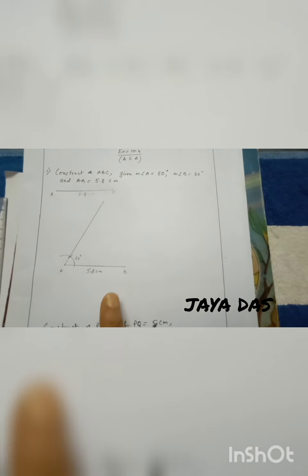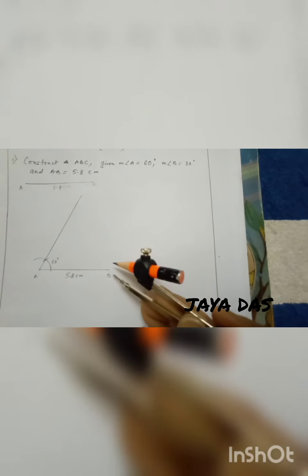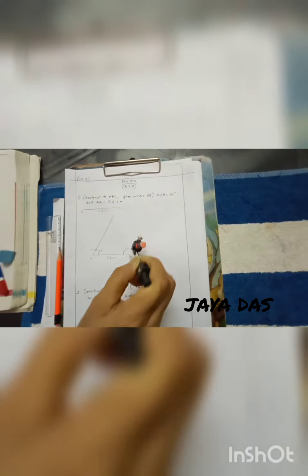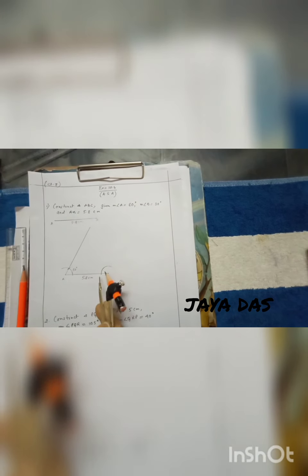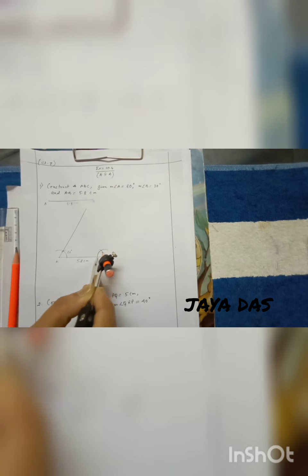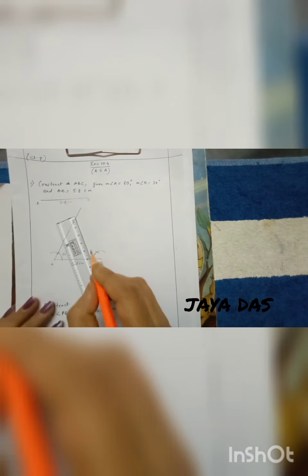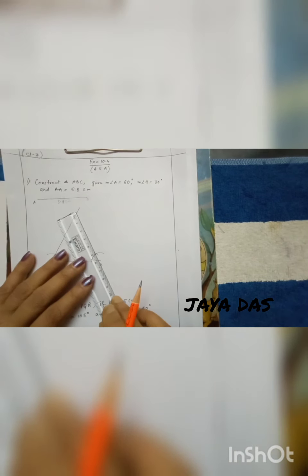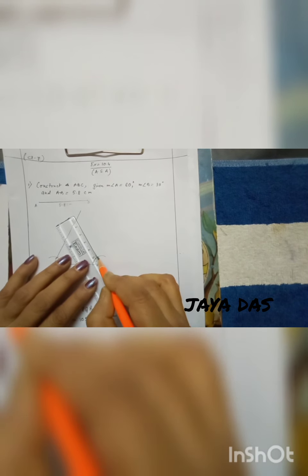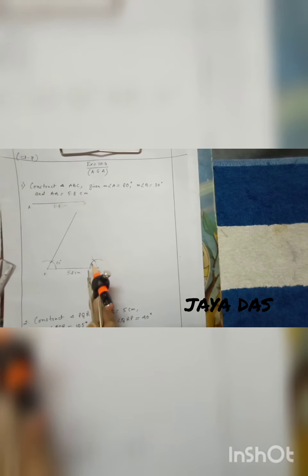Now angle B equal to 30 degree. You know how to draw 30 degree. First you know draw 60 degree angle. Just mark the point of 60 degree angle, and after that you can draw a dotted line also, but do not give the full line because 60 degree is not required here. Here you need 30 degree angle. It is 60 degree and you need to bisect it to make 30 degree angle.